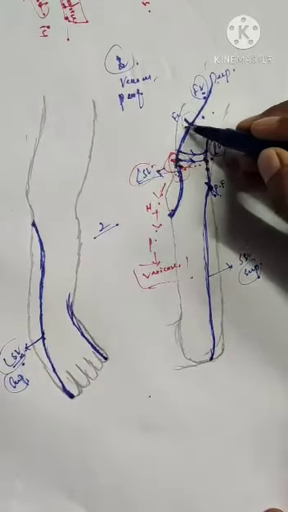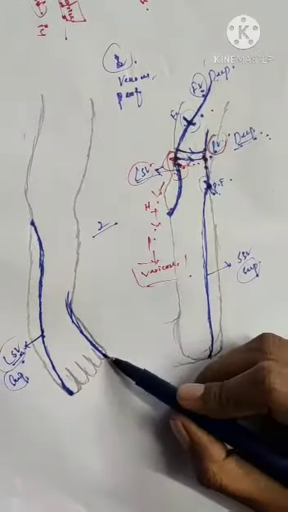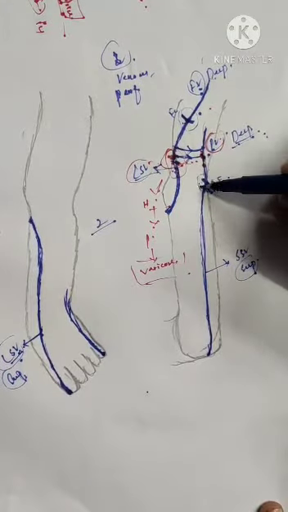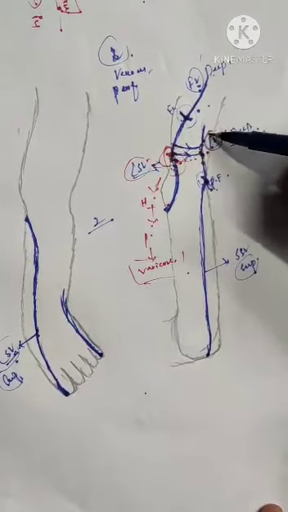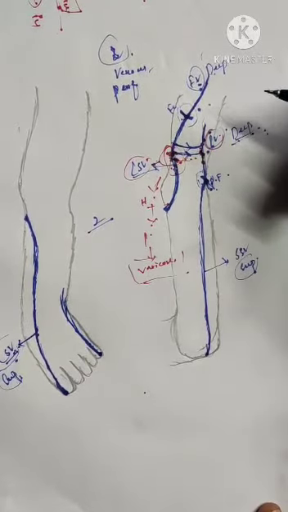which is a femoral vein, at the point of the femoral junction, whereas at the point of popliteal fossa, the short saphenous vein, which is a superficial vein, ends over at the popliteal fossa and continues as a deep vein, which is the popliteal vein. These are the two veins which are prone to varicose veins.